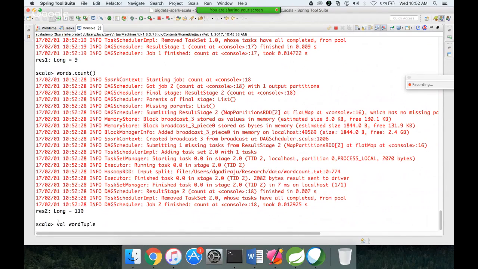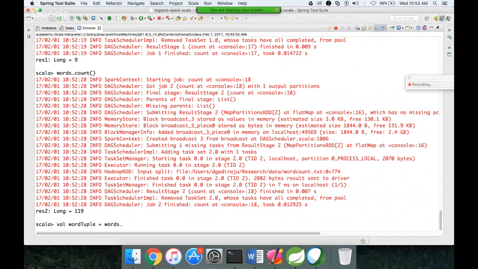I am creating word tuples because downstream we have to count the number of occurrences of each word. One of the ways to do this is to use a by key transformation. I will explain that by going through the documentation after a while. To use those transformations, we have to pass input in the form of tuples, and each word has to be assigned a numeric value 1, so that we can add those ones to get the count. So for that reason, after flat map, after flattening out each word, we have to create a tuple out of it, and the tuple